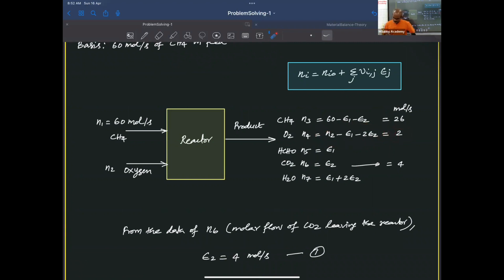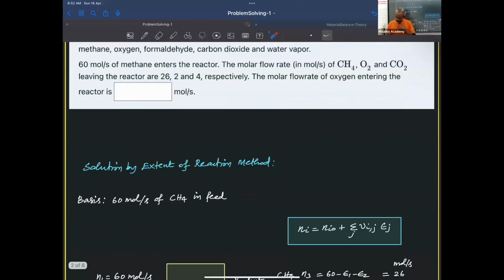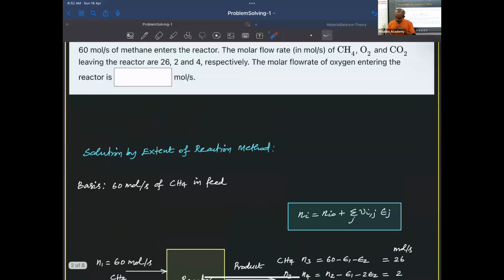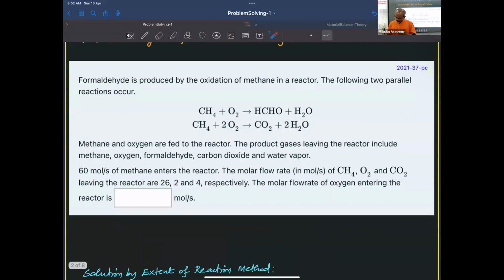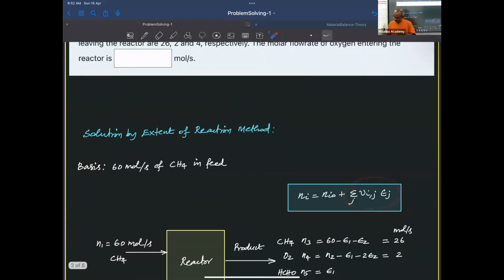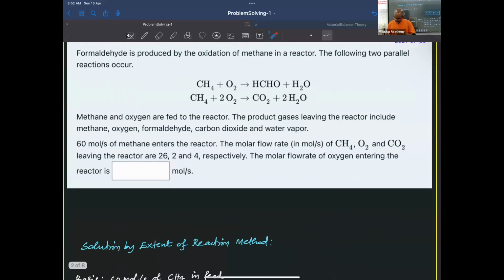And that of this formaldehyde, we take it as N5, and CO2, which is N6, which is given as 4. What is N6? It is CO2. What is the stoichiometric coefficient of CO2, which is simply 1. And how to write this in terms of this nu ij? That is for the second reaction. So that's why this N6 is